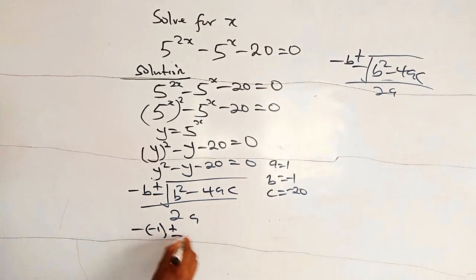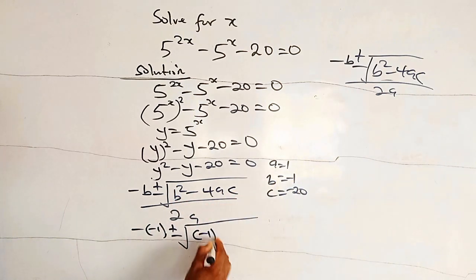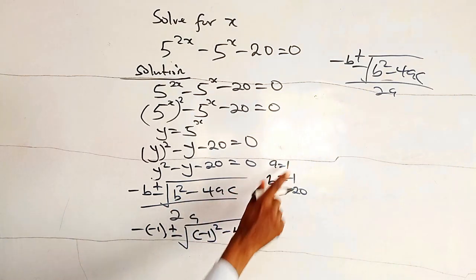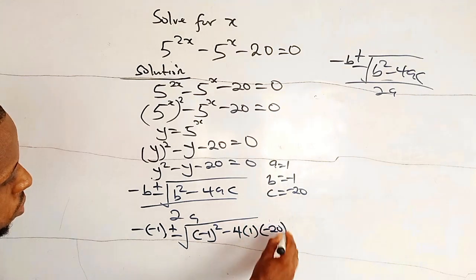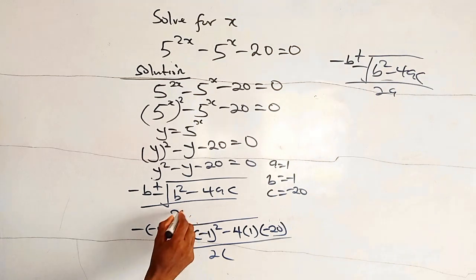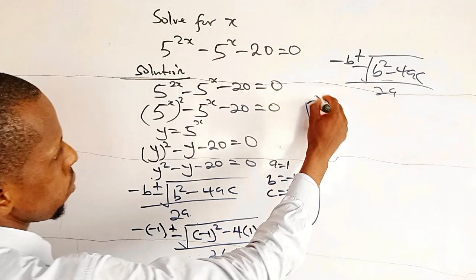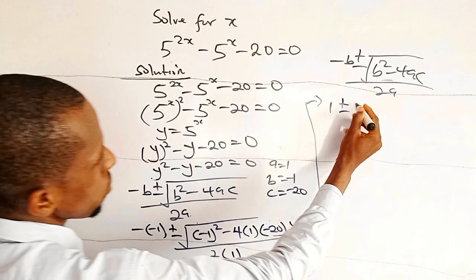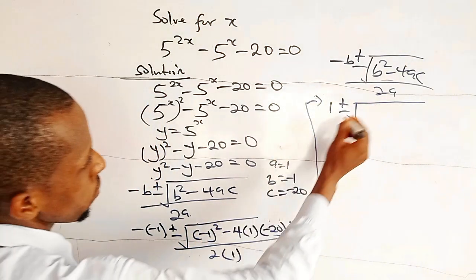This one is plus or minus the square root of my b, which is minus 1, squared, minus 4 times the value of my a, which is 1, times the value of my c, which is minus 20, over 2 times 1, which is 2a. So by the time we solve this, we have 1 plus or minus the square root of